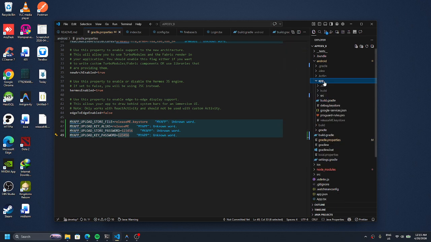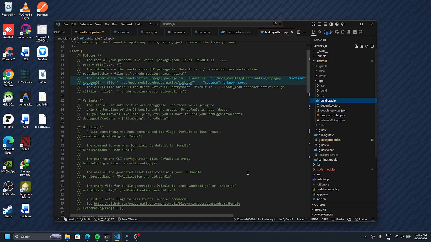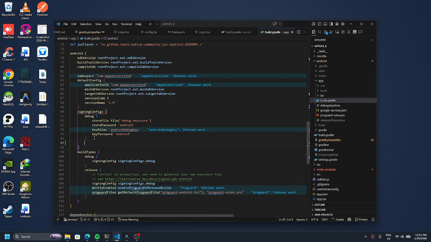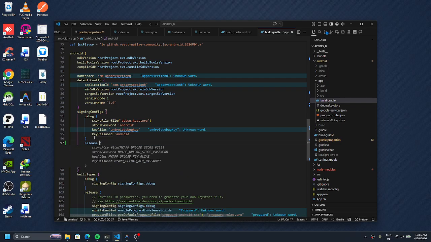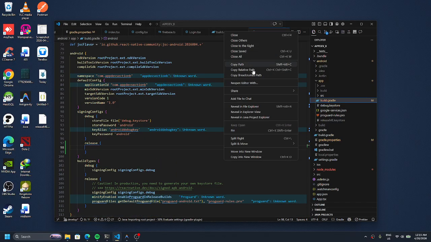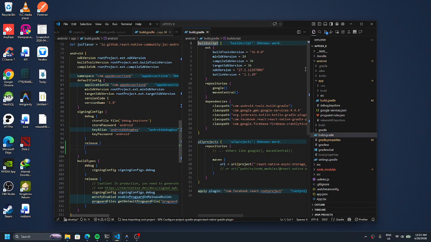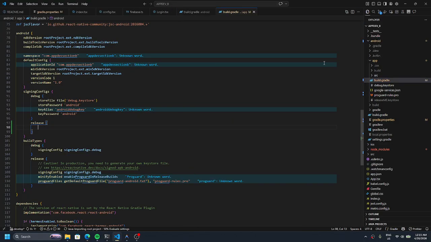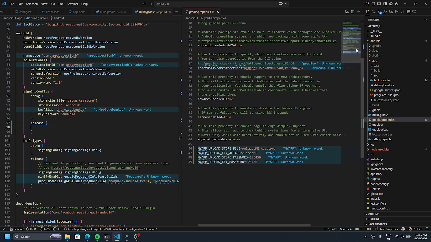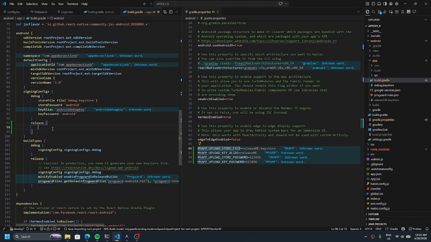Next, let's go inside the app, the build gradle. At the bottom where you can see the signing config, type release, and here you can add the attributes you created in the gradle properties. So let's split this to the right. Open this on the right side. So first